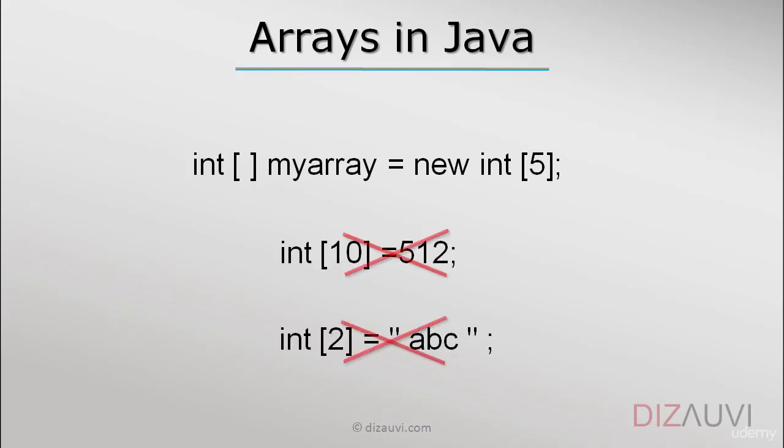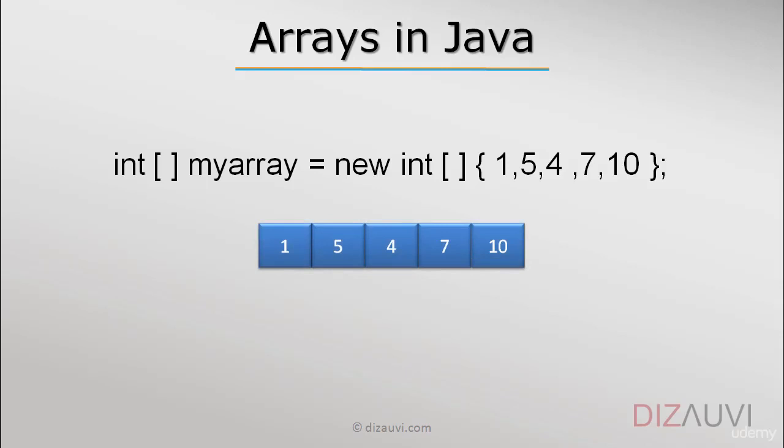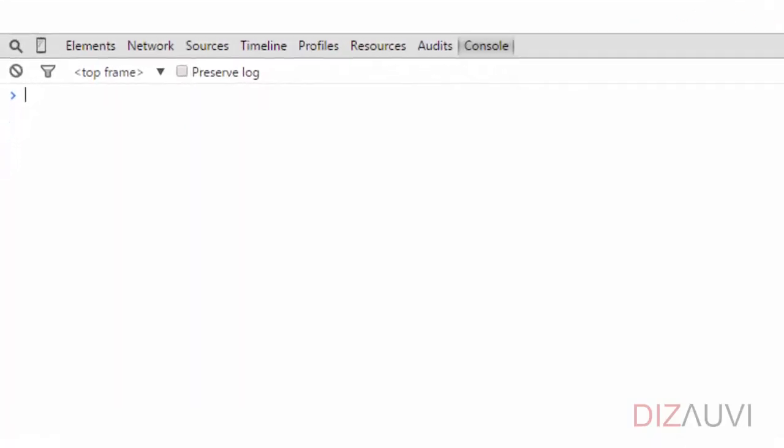So these statements would be incorrect in the Java programming language. Also, each element of the array is at an adjacent memory location. That is, the memory layout of an array is contiguous. Alright. But in the JavaScript world, things are a little different. So let's see how we create and use arrays in JavaScript, and what could be a few pitfalls if we try to use arrays in the traditional way as in other programming languages.